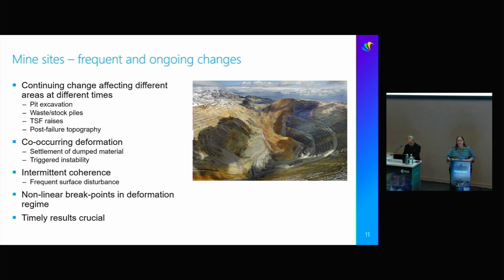You have to have both an algorithm and a data set which allow you to pick apart those different contributions properly. And because different parts of the mine are changing at different times, you'll have intermittent patches of coherence which are incoherent for a short period, pop back into coherence again, but with completely different topography and a completely different motion regime to what they had before. And that will change in one area of the mine at a different time to it does in the next area and the next area. So it's quite a complicated jigsaw puzzle to try and put together.